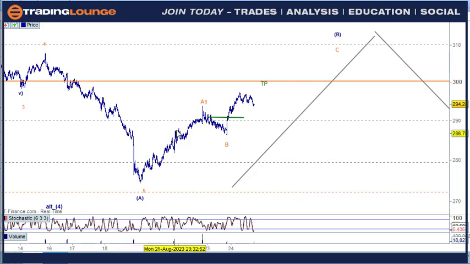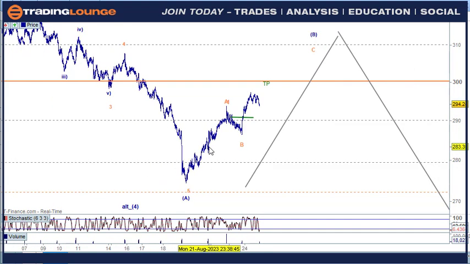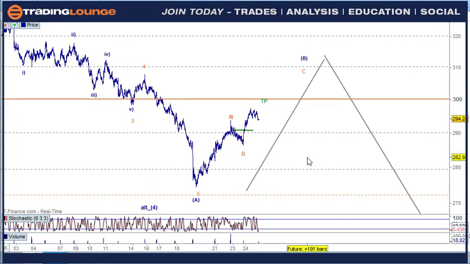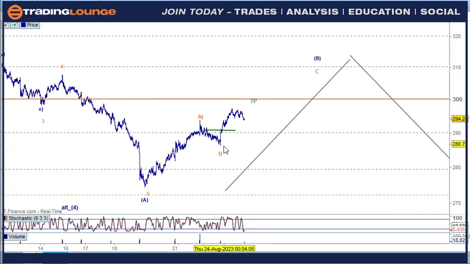So yeah, 1, 2, 3, a little bit dodgy in here, but the rest of it's there. So either 1 or A here for this, and B. So look, we'll just get out at the 300, because I think this was only a part trade as well, by the way. I think I had to clean some things up and I deleted it, but the stop can go under the B wave here. So you can bring that stop up under the B wave,